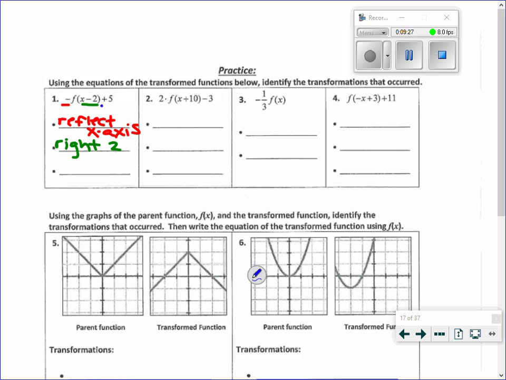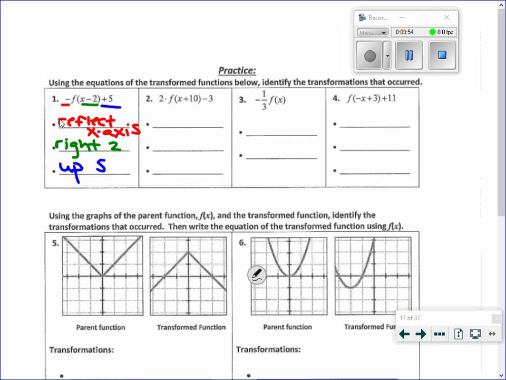And then lastly, I have the plus 5 all the way outside the parentheses. What do you think, Nate? Awesome. Up by 5. So we're going to check out number 4 together, and then you guys can try 2 and 3 on your own in a second. So looking at number 4,